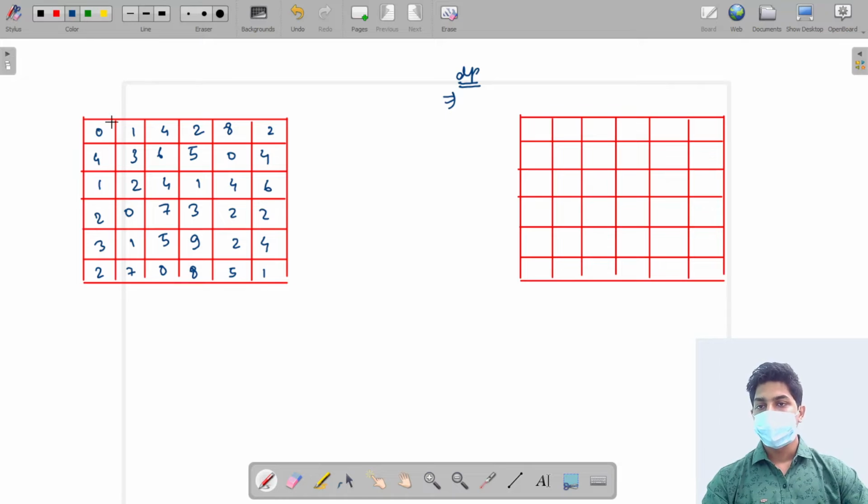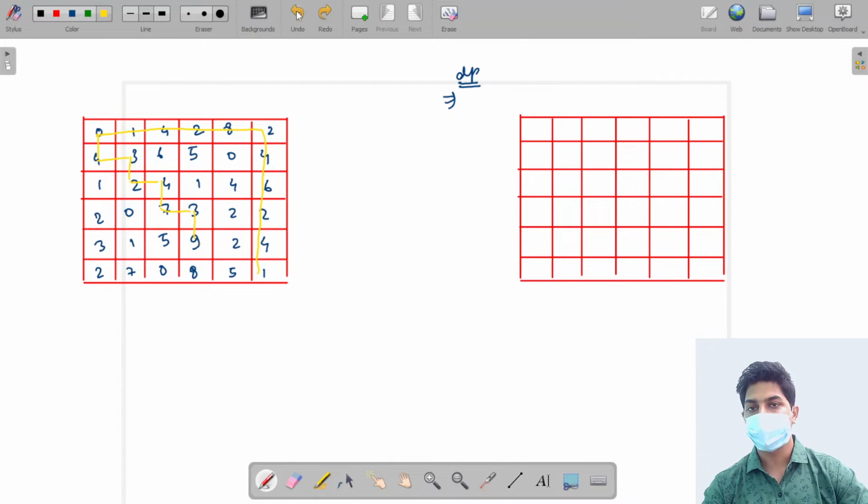Now there can be many paths to reach the destination. One path is this, another path could be something like this. There are many paths, and we want to find the path which gives us the minimum cost.